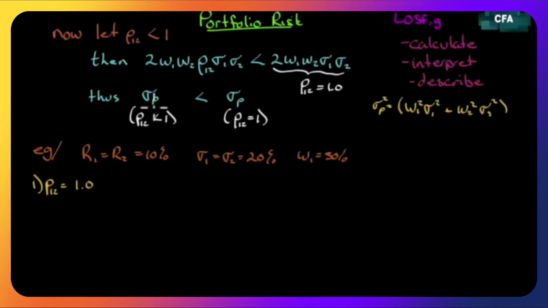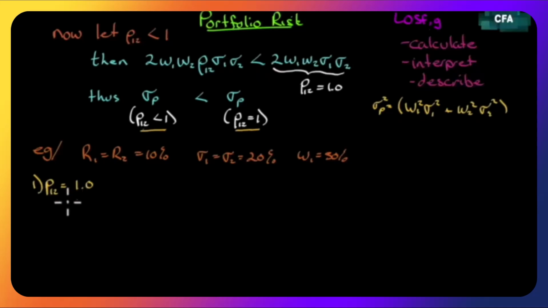Thus, the standard deviation of the portfolio, when we're dealing with a correlation that's less than 1 between the two assets, will be less than the standard deviation of a portfolio when the correlation between the two assets equals 1. So let's try that out. Let's cycle through a correlation of 1. We'll do a correlation of 0, and then we'll do a correlation of -1, and let's see what we get.